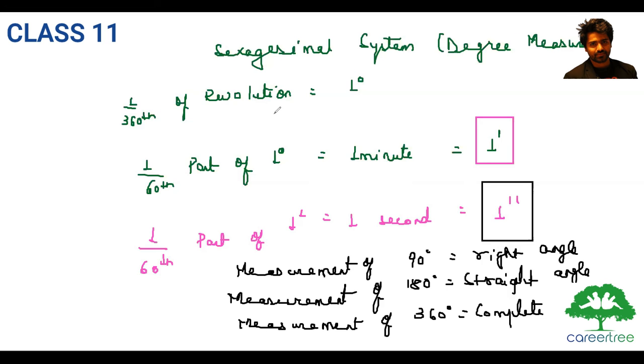By default, as of now, degree is the SI unit of measurement of angle in the decimal system. That is why we mostly take degree, but that is not the standard unit. We also have radian as one of the standard units to measure the angle, which we will study now. Do you have any doubt here? No. All right.